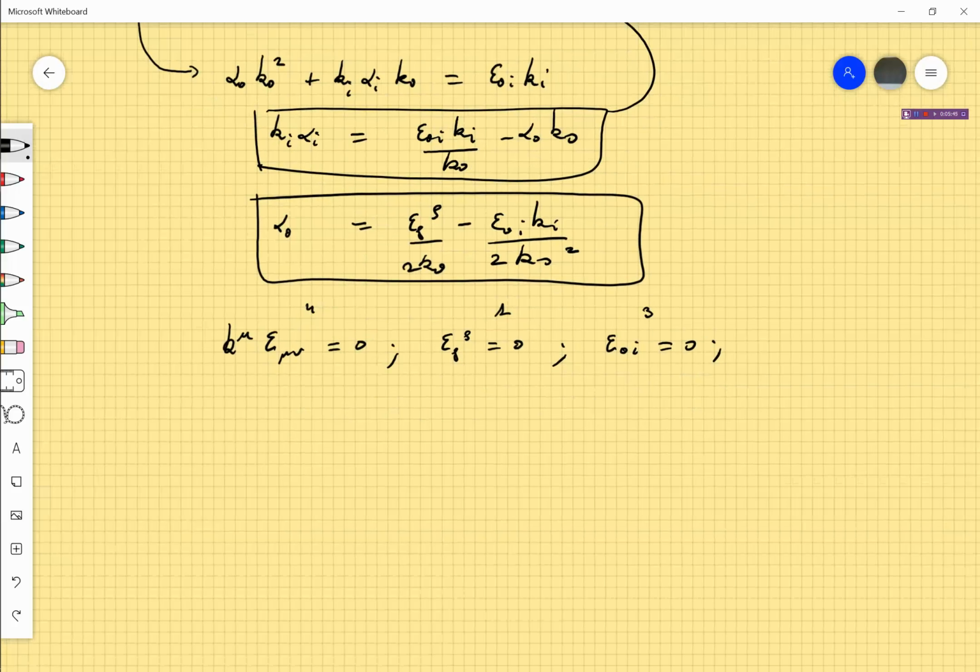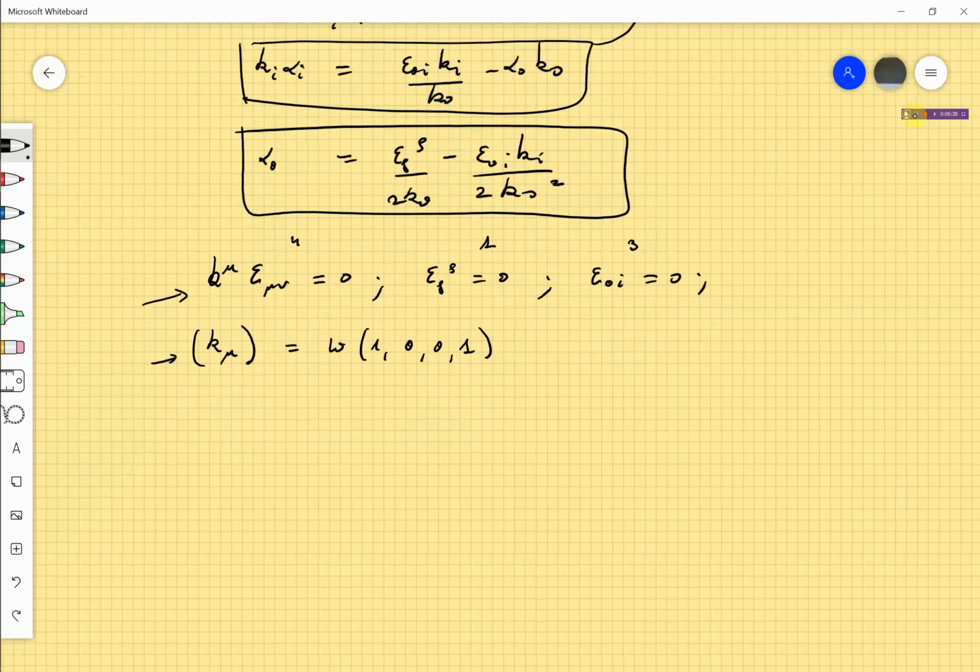Okay, we are going to make this standard choice, which is that k^μ, the components of this vector, are just ω(1, 0, 0, 1). This corresponds to a wave moving in the direction of the positive x³ axis. With this choice of k, this first condition